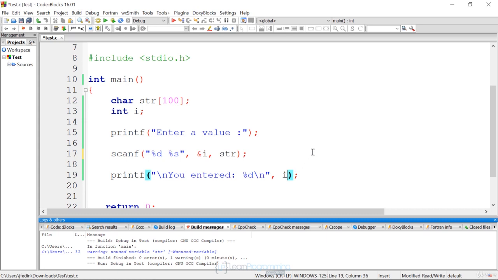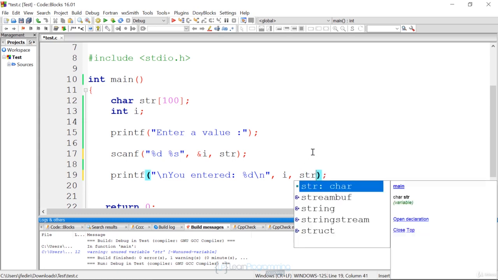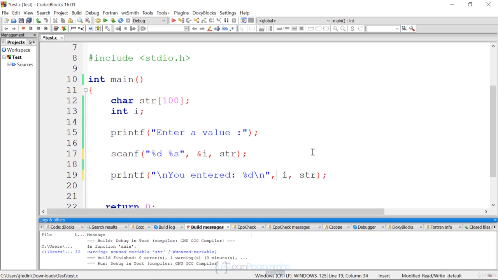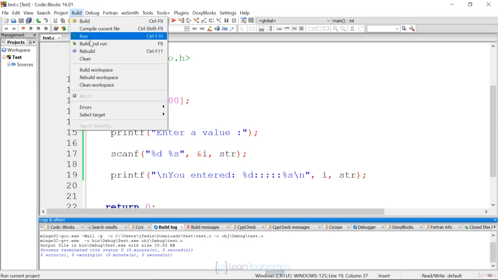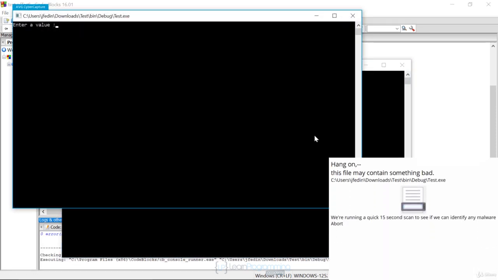And again, we'll learn about variables. And then I'm going to just print it out. I added another variable, so you know that with printf, and I'll just put colons before it, you also have to specify the format that you're printing. So there, %s. So hopefully that's clear. I'm now going to read in two inputs separated by spaces, store them in two variables, i and str, and then display them. So now if we build and we run,